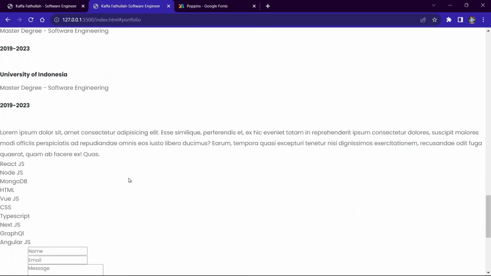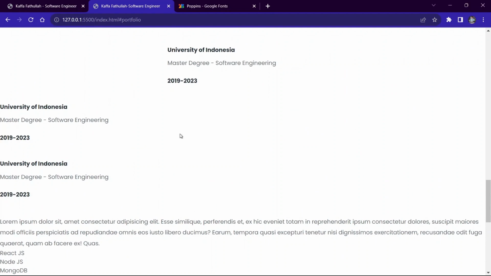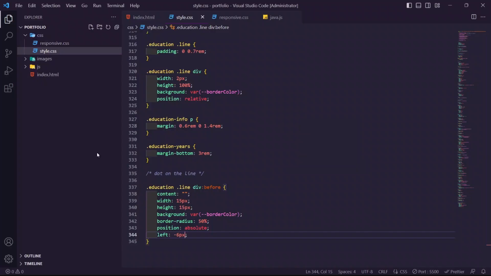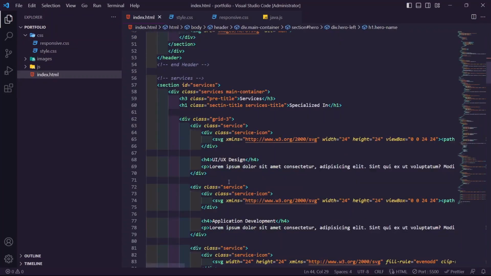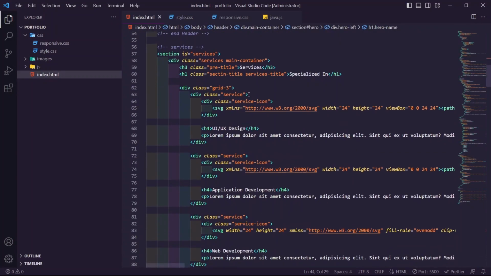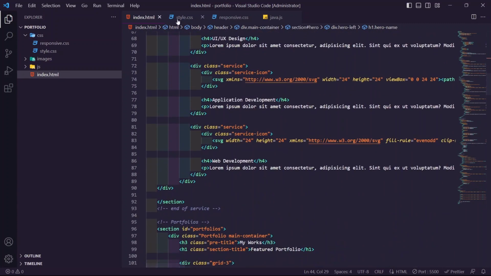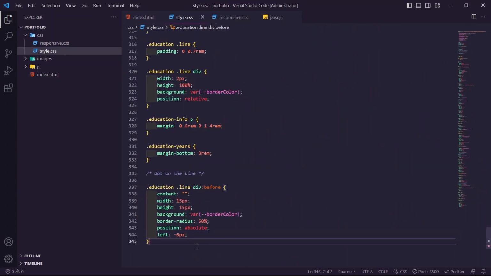We can't really see it here because there is an error right here somewhere, so we gotta figure it out later in this HTML page. As I said, we're gonna focus on the style CSS first,